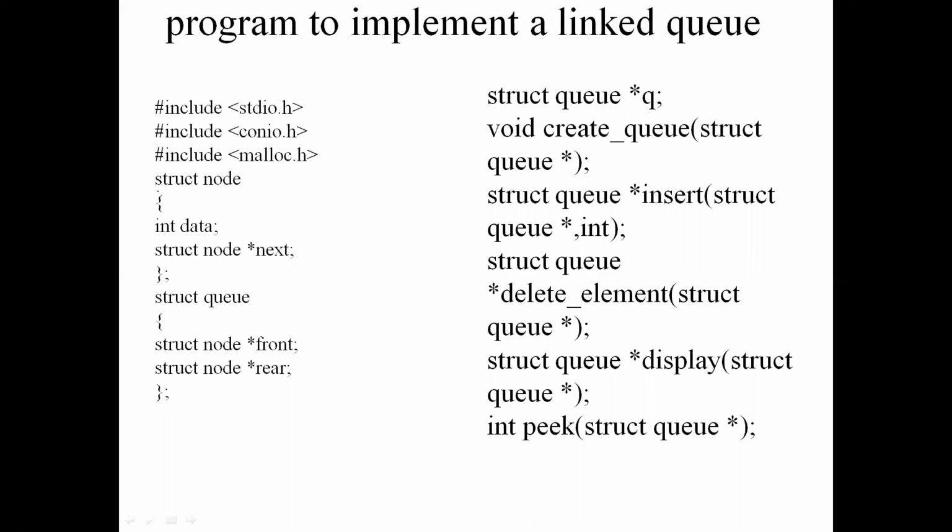So again, see here they use node itself. Yesterday we used struct stack, right? Instead of node for the naming convention, you can use queue also, but they are using struct node. Okay, so this is the node representation done. Then they are using a separate structure for the queue, which holds front and rear, right? Front and rear.